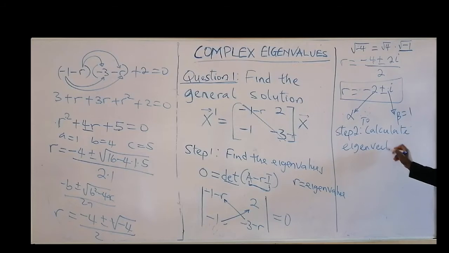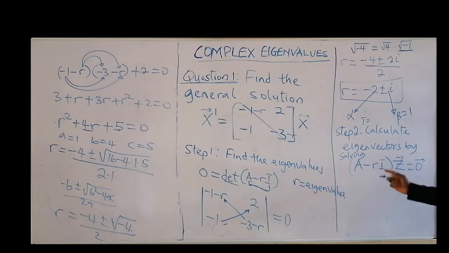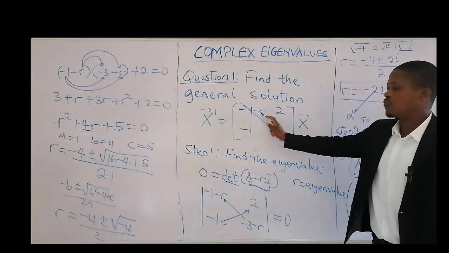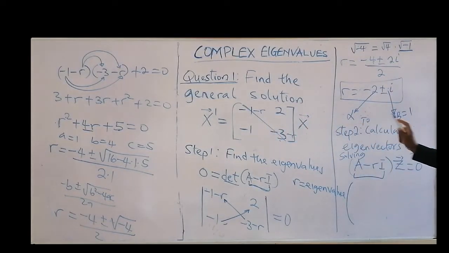We're going to use this like solving. So that's the expression we're going to solve. So how do we solve this expression? It's very simple. You just come back here. Already you have the value for R now. Okay? And to save time, I'm going to use just one of these values. I'm going to use minus 2 plus i as my eigenvalue. I'm not going to do the other one, I'm going to take minus 2 plus i as my eigenvalue.